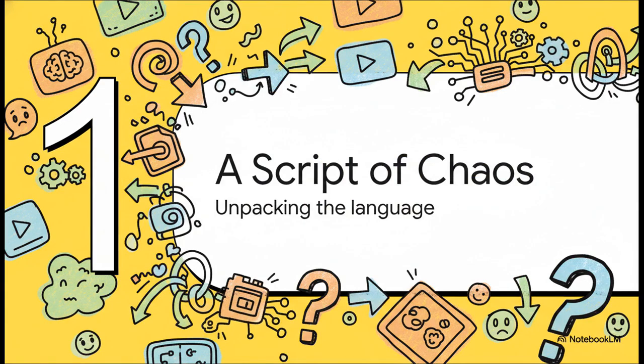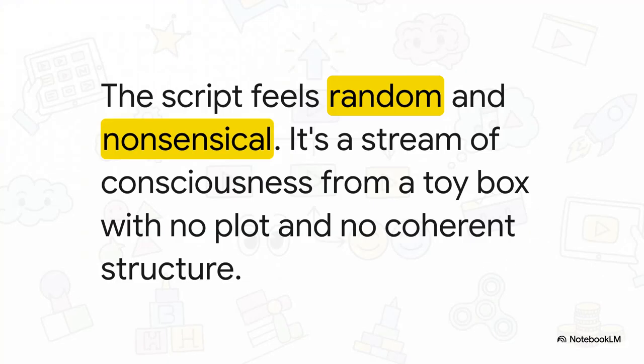All right, so let's jump right in. We're going to start by digging into the chaos itself and try to unpack this language. You know, at first glance, it really does just feel like noise. There's no plot you can follow, no real character development. It's just stuff happening. But, and this is the key, if you look closer, you start to see them. Hidden inside all that noise are these distinct, repeating patterns, and that's where the answer is hiding.